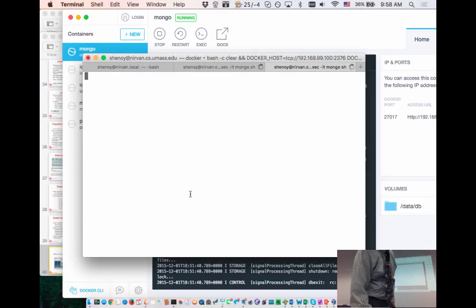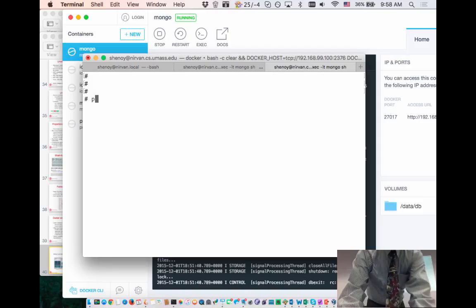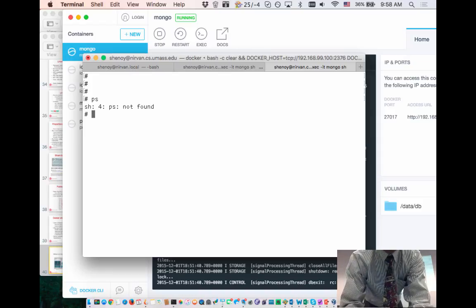It might work or may not work. Okay, so here is the shell prompt that I got. So now that's the shell prompt on the inside the container. Now if I do a PS here, which actually is not even allowing me to do PS, but let's say